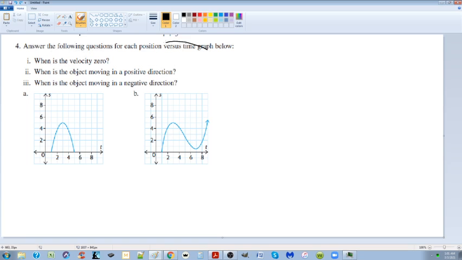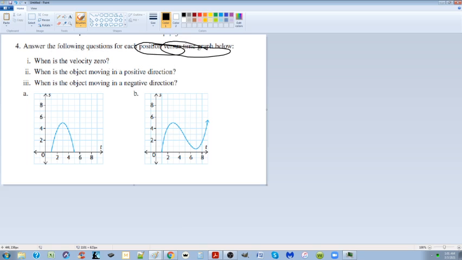So assuming that these are all position versus time, which they are, when is velocity 0? When the slope is 0. Here and here. When is the object moving in a positive direction? Here. When the velocity is positive. When is it moving in a negative direction? After the peak. Here. When the slope's negative, it's moving back towards home. So here, positive. So there's an interval from here to here. And from here